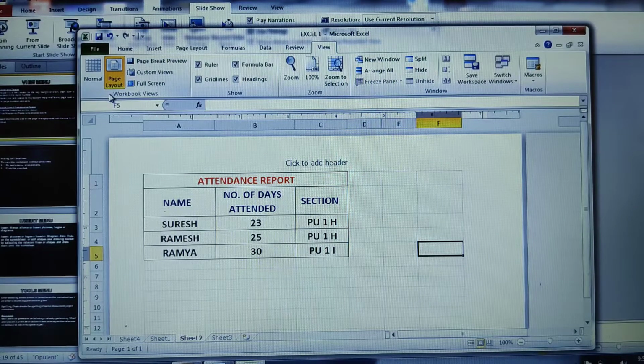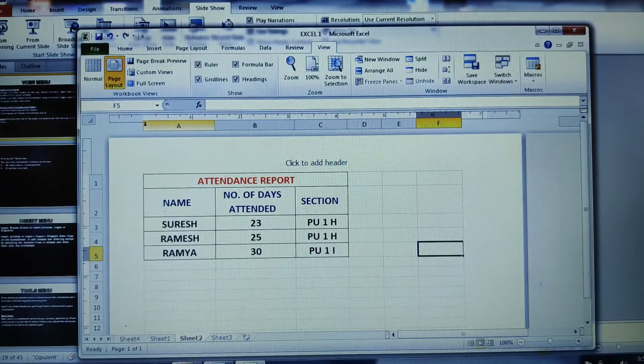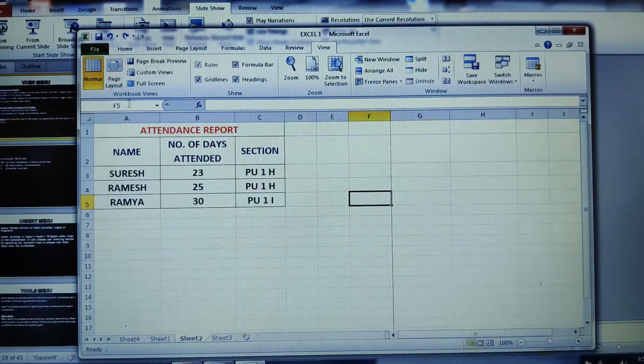The next option here I should tell you about is the ruler. Right now you can see the ruler here, students. But what if I don't want to view the ruler? So uncheck it. If you are using the ruler, you can resize your left and right indents. The same way you can increase or decrease your left side or right side indents. You can just go for the margins. Fine. I'll just retain it back here. I would like to come back to the normal view.